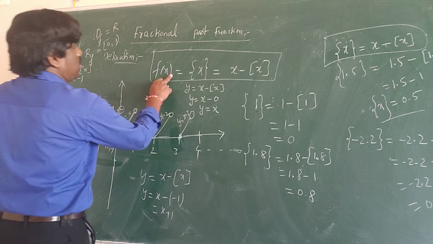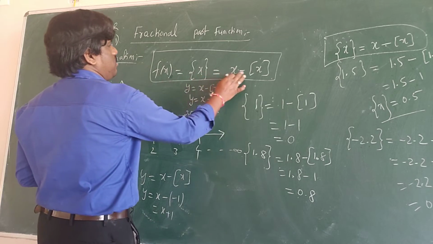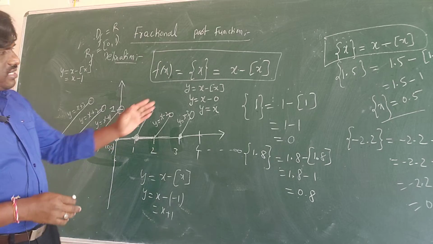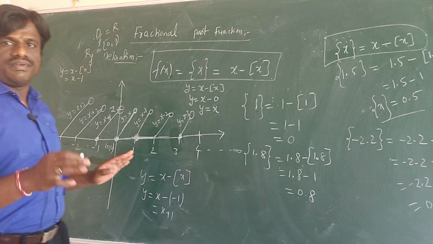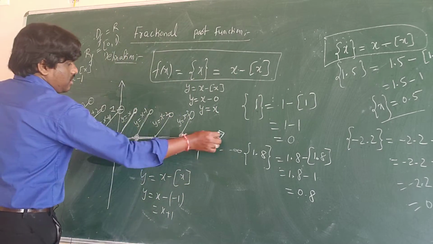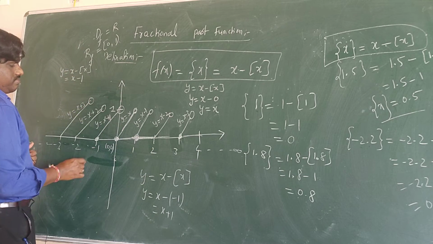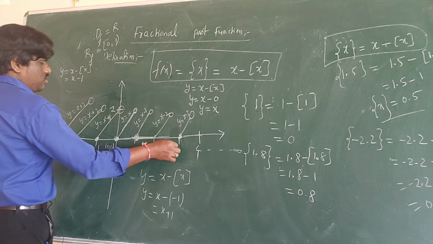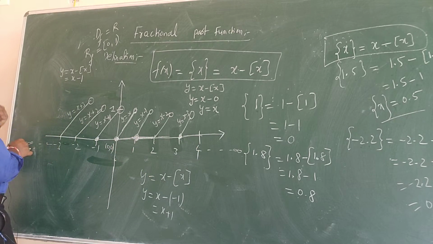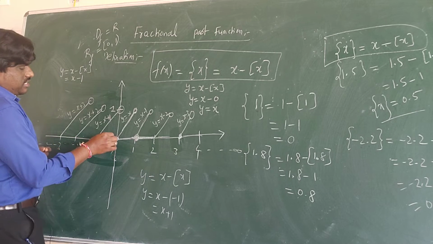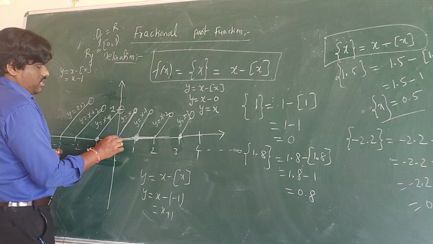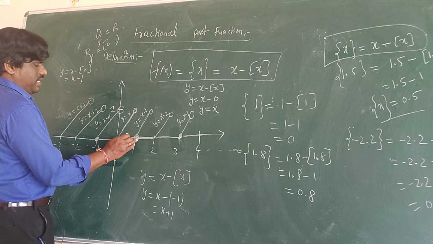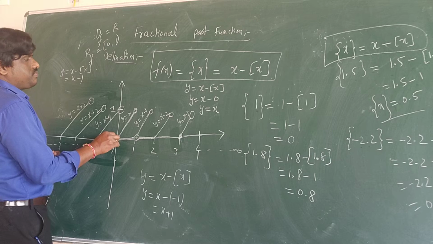See, f of x, the fractional part of x, is equal to x minus greatest integer x. I am going to explain only the graph part because I think you have seen this picture. In the video, this part is not clear. So we are taking the x-axis and y-axis, with 0, 0, 1, 2, 3, 4, minus 1, minus 2, minus 3, and so on. I said that from 0 to 1, if I take all the numbers, the greatest integer from 0 to 1 except 1 is 0.